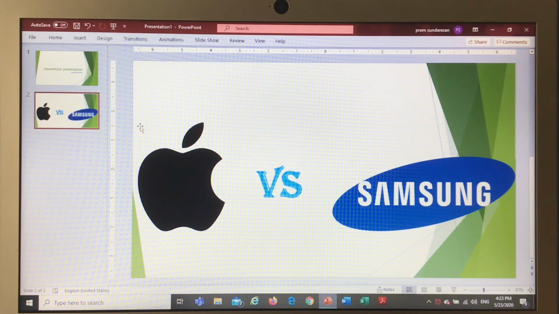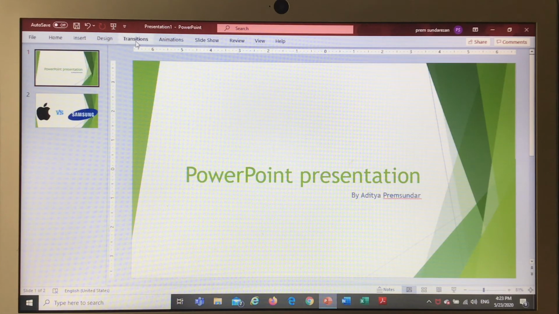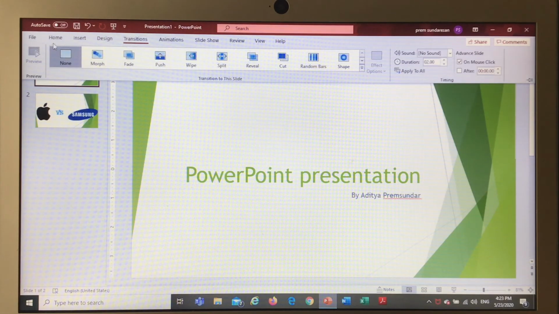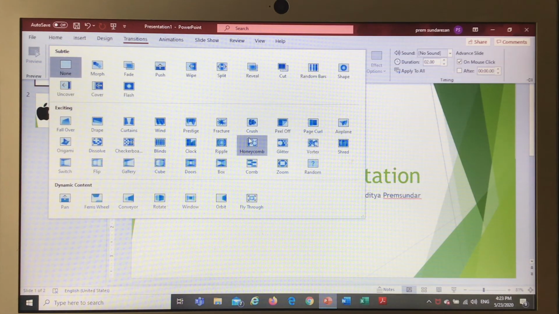Now say we want effect, like say from this slide appears with a fade or something like that. So first we select this. So if you want effect when the PPT is starting, you select the first slide and you go to transitions, which is in the same line as home, insert and design. And now you can choose from all these preset ones, and you can press this arrow, and there are a lot of other ones which you can choose from. So let's say I'm going with glitter.